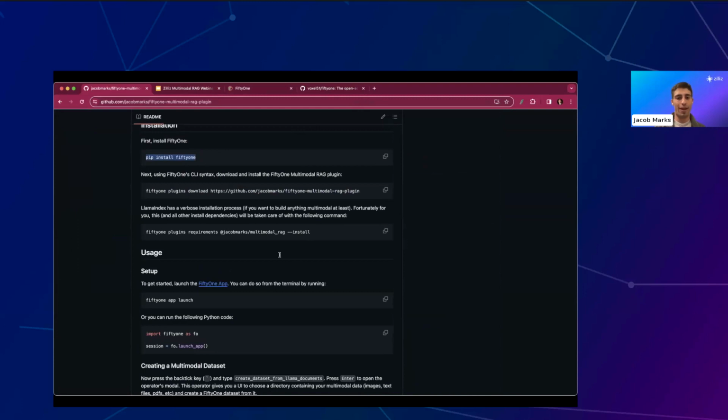I'm going to message this to everyone, and then you're going to want to take this one. So both of these should be put into your terminal, and then you should have the FiftyOne library as well as this particular plugin at your disposal. If you need to install the relevant components, so things like the Milvus Python client, as well as certain LlamaIndex libraries, then you can install those with this command right here.